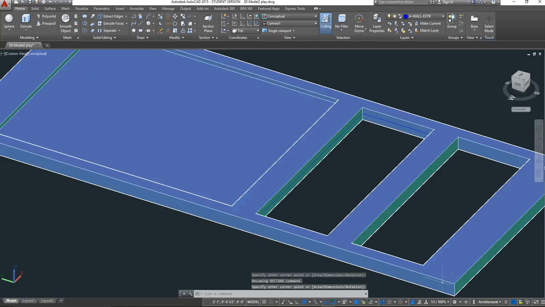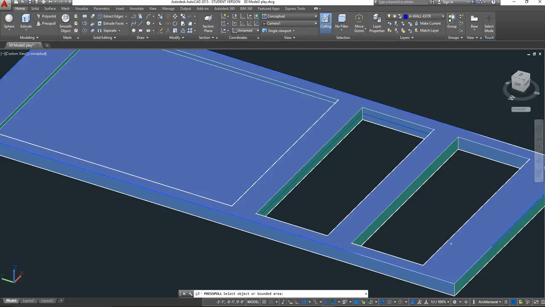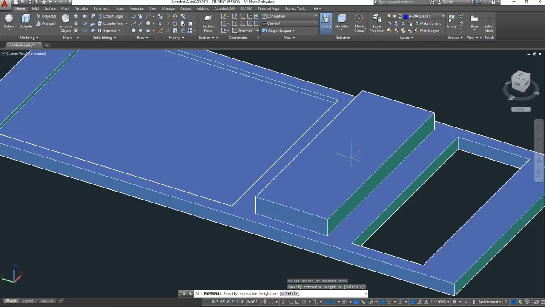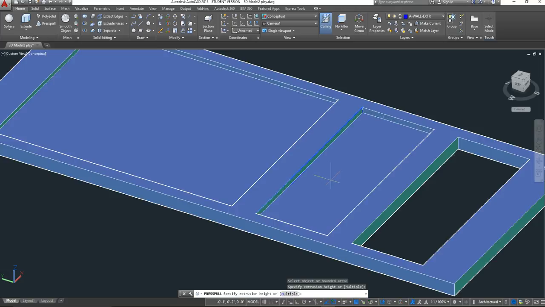Okay. Once you have that drawn, you just want to go and get your press pull tool. You want to hover over that poly rectangle line you just created. Once you have it selected, you're just going to click once. You're going to see it start to expand up, and you just want to take it back into that door some. So you don't want it to be all the way out. You want to have a little bit of space between the outer portion of that door and that panel. So again, I'm just going to click to set that down,